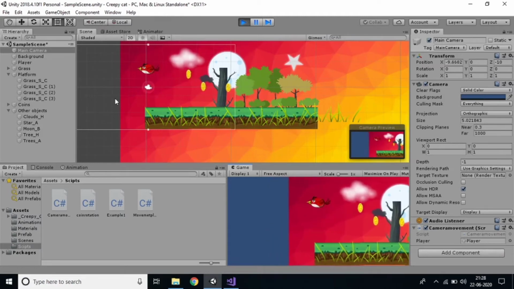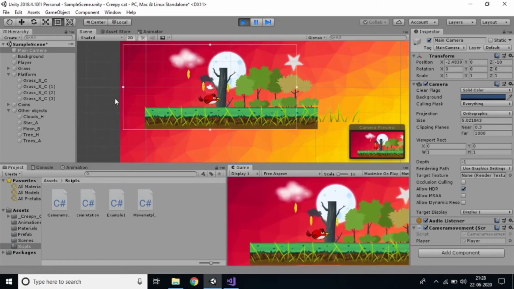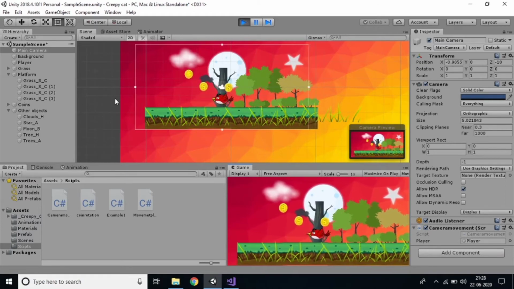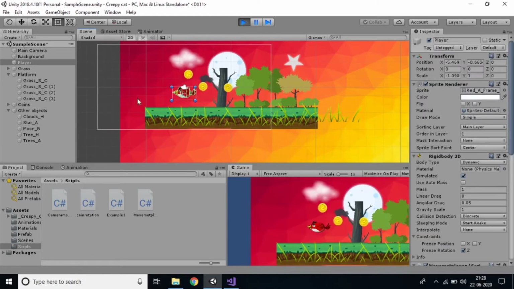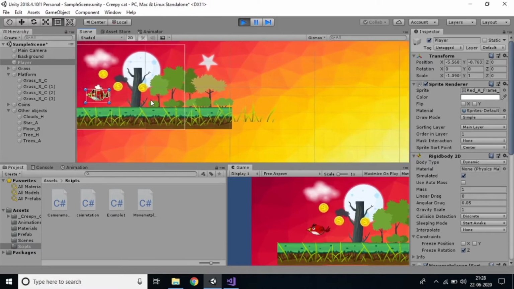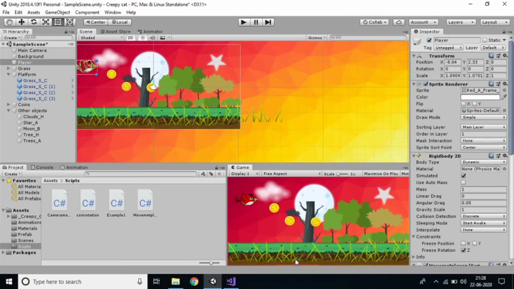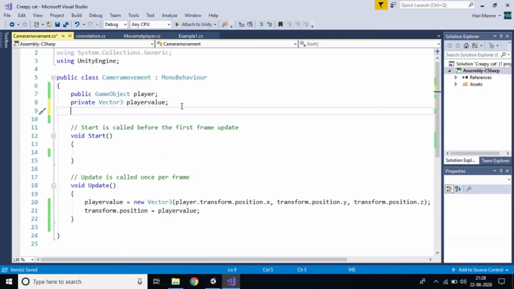Unfortunately, the position is starting from here, because we need to give the starting position value of the camera. You can observe the camera is starting from here, but the player is here, right? So we are getting some problem. So for that I want to take one value, and from that value the camera movement will start, and also the camera will move along with the player. So this is my task now. So just stop and go to Visual Studio and write the code with which we can calculate the value, which we can keep as the offset value.